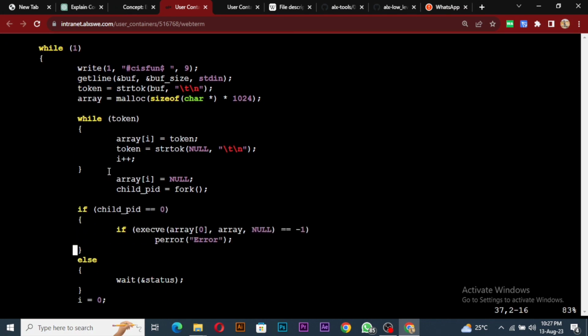So we then say that, okay, while we've gotten the first token, we want to get the remaining tokens. To get the remaining tokens, you have to call this and put it in a loop, right? This one does not have many tokens, but we just have to do this, right? I think if we comment out this guy, it might still work because it's only one command that we are putting, so it might still work. So should we try it? I don't know. Let us try it, and